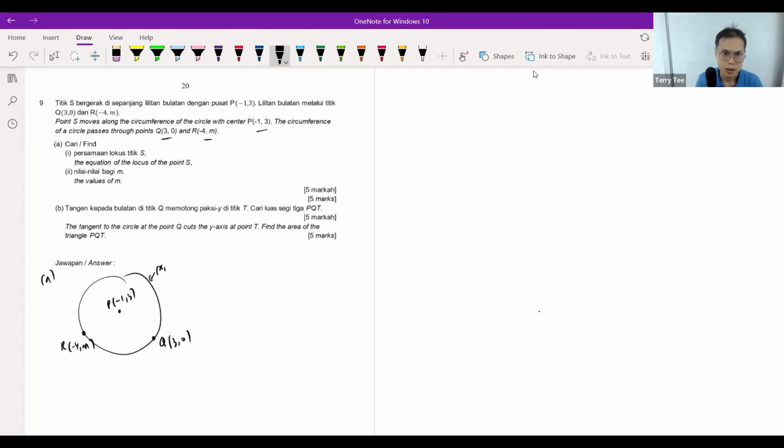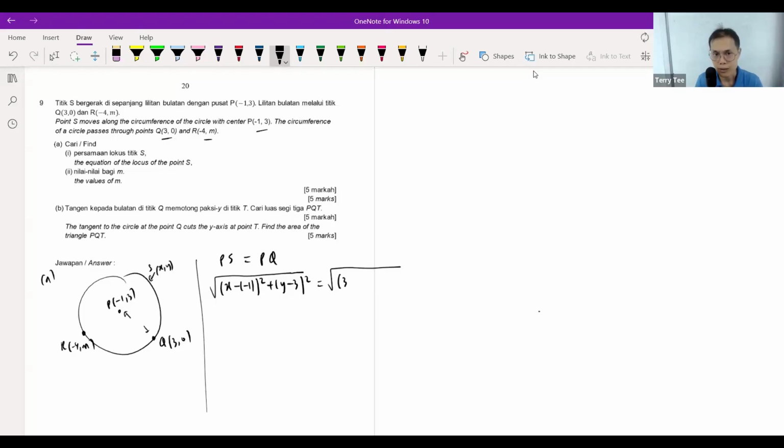So the first thing is we are finding the equation of locus as S is a moving point. We can call it S (x, y). So it can be anywhere such that the radius is the same as PQ. So let's do it here. We can say PS equals PQ. Use the formula for distance. S is a moving point (x, y), right? So you put the square root of (x minus 1) squared plus (y minus 3) squared. PQ is a fixed radius, right? So we take the square root of